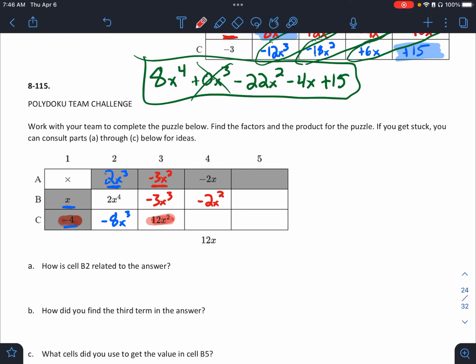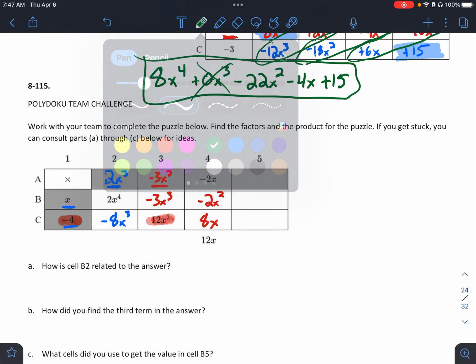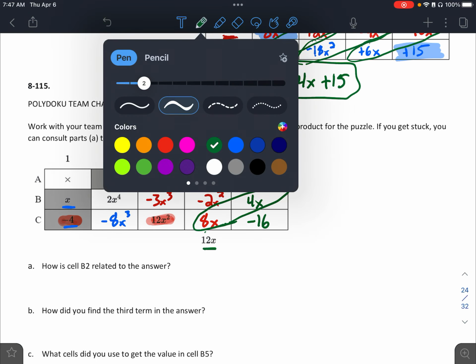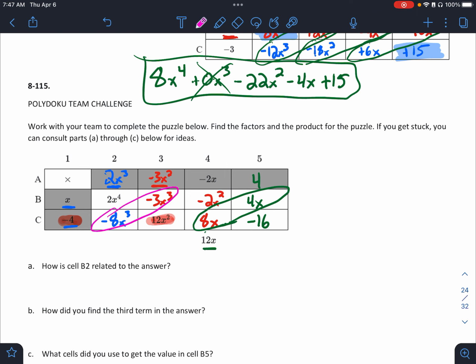So the confusing part then is knowing when we're dividing versus when we're multiplying. It's going to give me 8x. Now this last part is a little bit tricky in that I need my 8x and this to equal 12x. And this is now adding. So we're kind of adding all the pieces to the puzzle here. So this has to be a 4x, which means this has to be a 4, which means this has to be a negative 16. So then when I combine all of this with my diagonals,